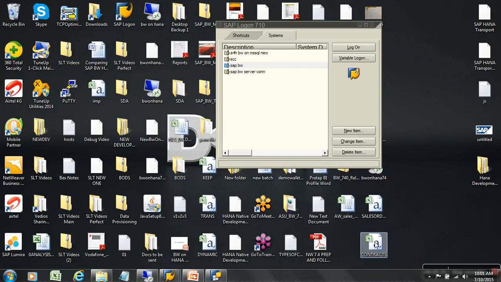day. Now I find the request which came today is wrong, but the request got compressed. How will you handle this? He wants to test whether you know that once the cube is compressed, can you do request based deletion? No. The only option is you have to do selective deletion and reload the data again. That's the only option. Because it is compressed, you cannot do request based deletion. That's what you should understand from there.